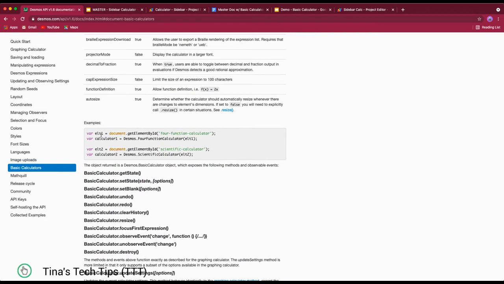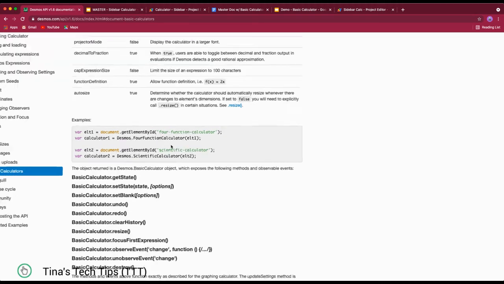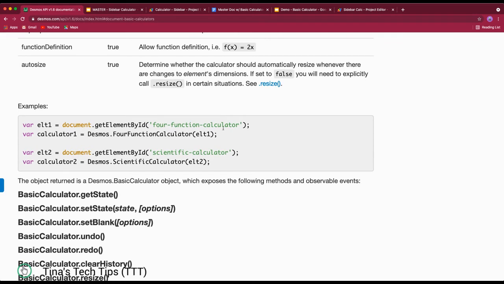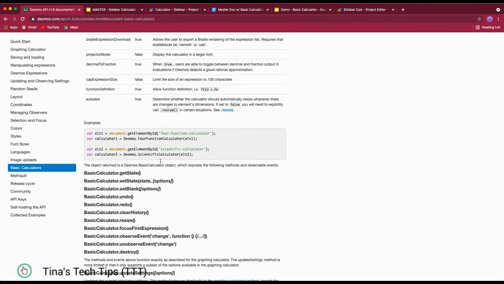So var ELT, and they have 1 and 2, only because they're showing two different kinds of calculators here. So they just called a variable ELT1 and a variable ELT2. You can call them whatever you want, as long as it's called within here later on. So I'm going to pretty much keep it the way it is. Note, again, the four function calculator versus the scientific calculator, this is just like the graphing calculator above. So you can choose to use this code instead if that's what you would prefer. But again, for this demonstration, I'm just doing the four function calculator. Okay, so I'm going to grab this